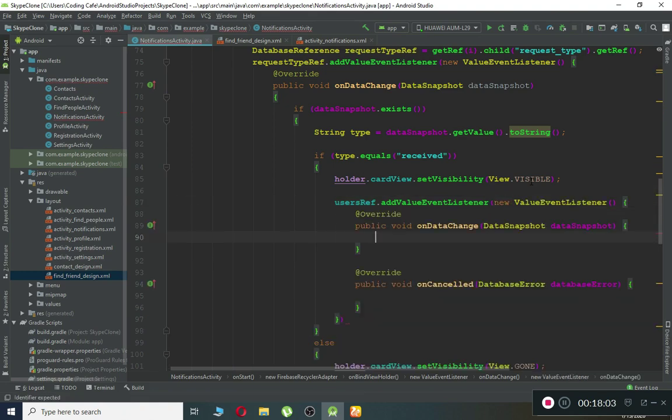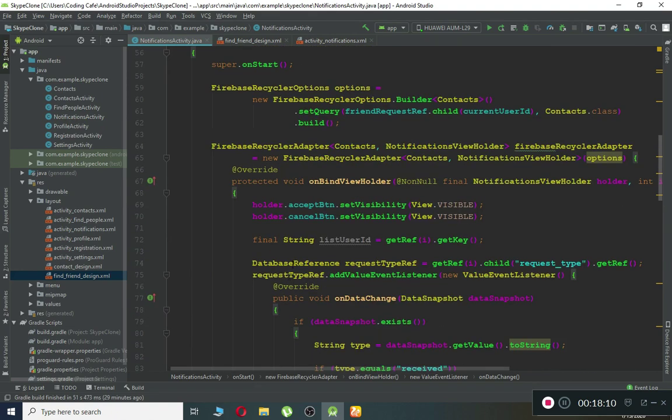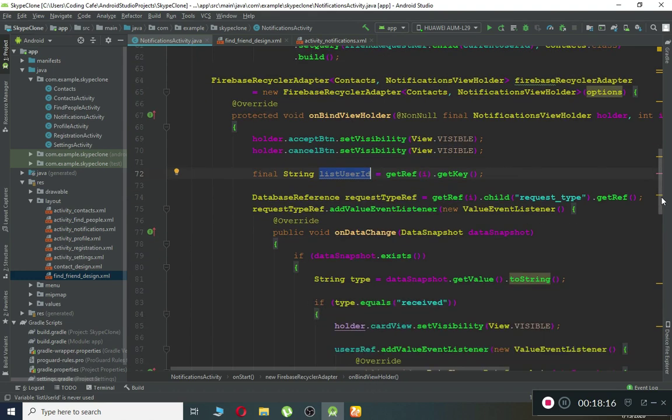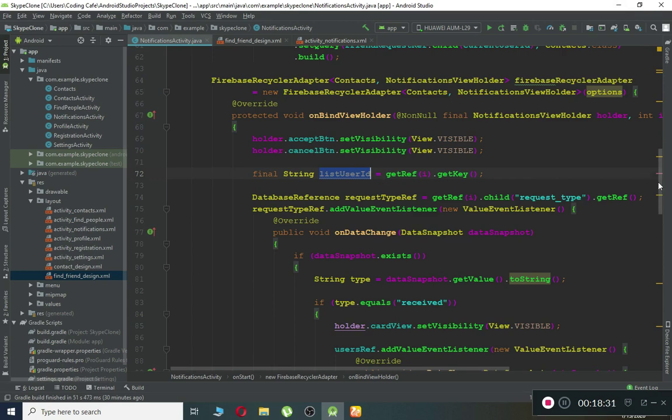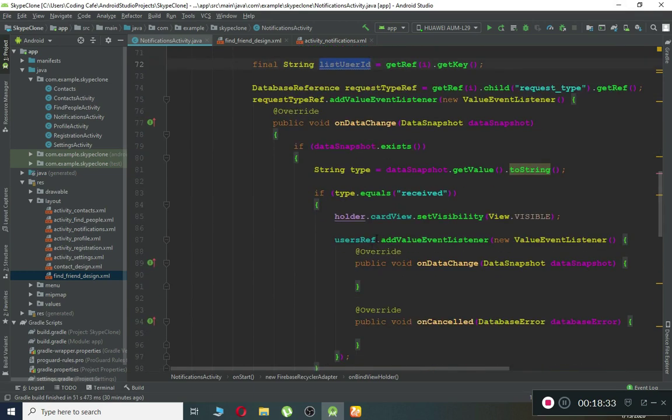Make sure to put a semicolon here, and we have an ID of that item, with the help of which list user ID, which contains the ID of a user, the item ID, or you can say which is specifically the user ID. If you come here, CK is Mohammed Ali Share. Same is for ATF. So on the basis of these keys, we can display the picture of the user. So list user ID. So we can say here that user reference dot child and pass the list user ID